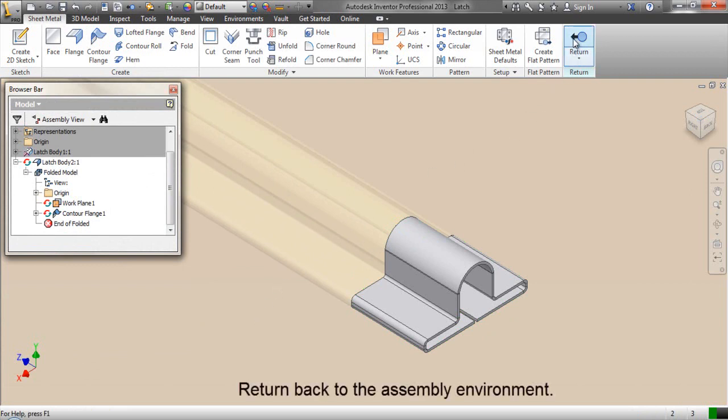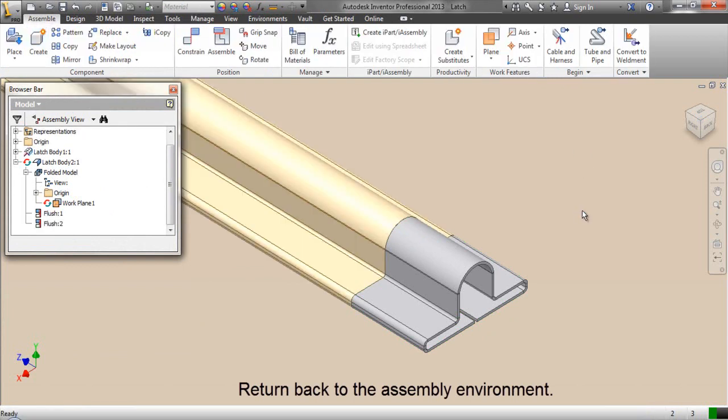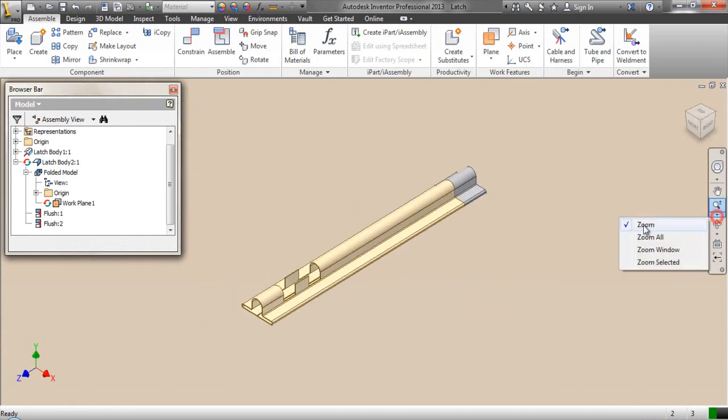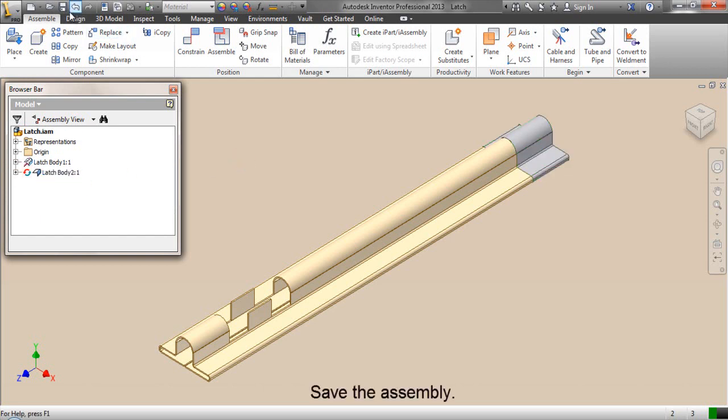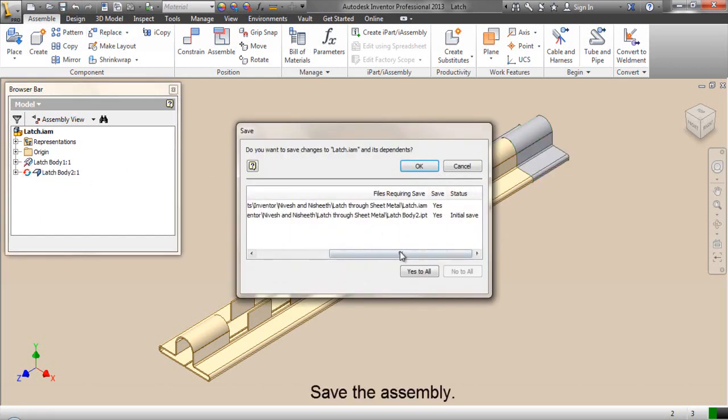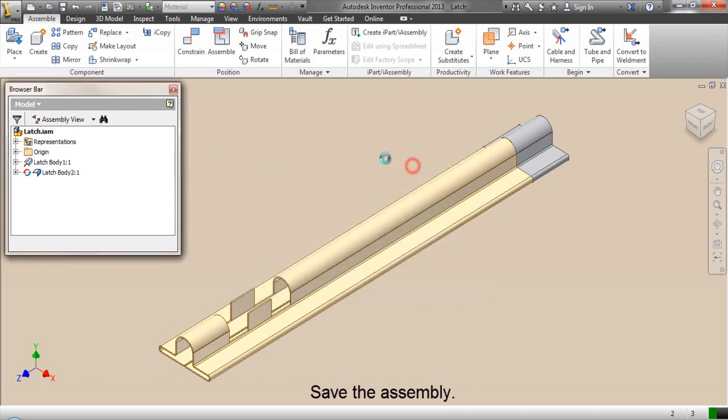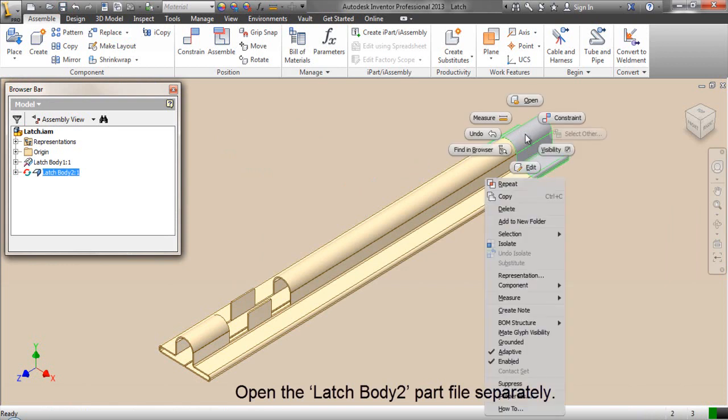Return back to the assembly environment. Save the assembly. Open the latch body 2 part file separately.